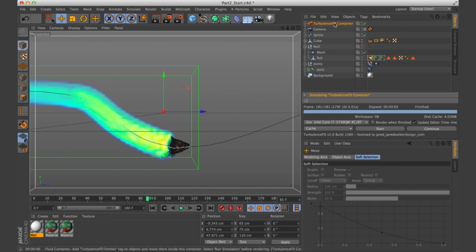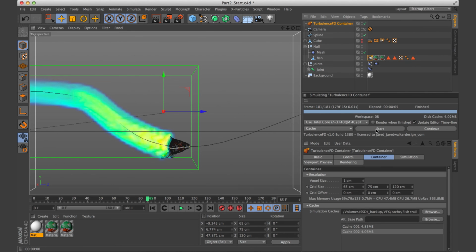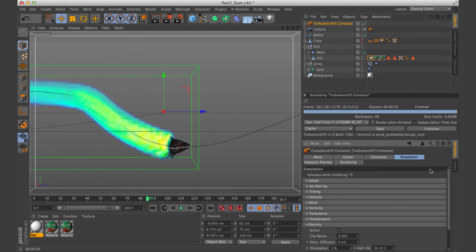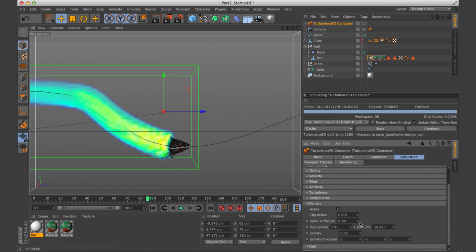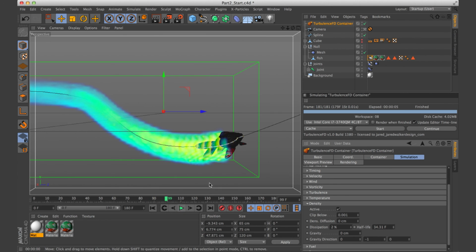And so if we go into our container here and then go to the simulation and scroll down to density, what we're going to want to change is the dissipation. Because if you take a look at the trail, it goes all the way back and it doesn't disappear at all. And we want it to start disappearing somewhere back here.